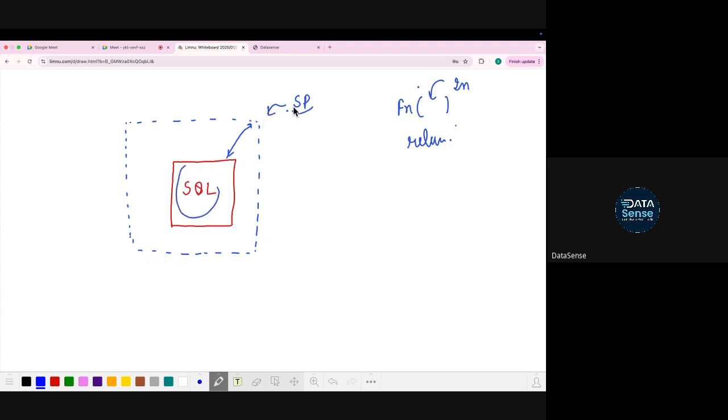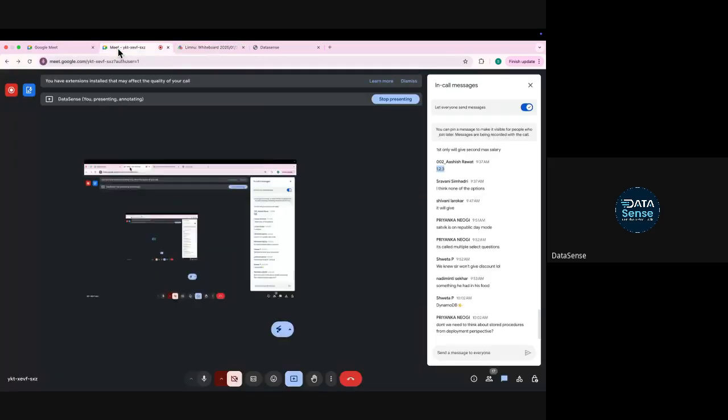Now you will call this stored procedure every time. Whenever you call it, it will run the query which is inside the stored procedure. Whatever the output is, whatever changes happen, you can check in the database. But running a stored procedure will not give you any table, or return anything. Whatever query you have written inside it will execute, and whatever changes were supposed to happen because of that SQL query will happen.